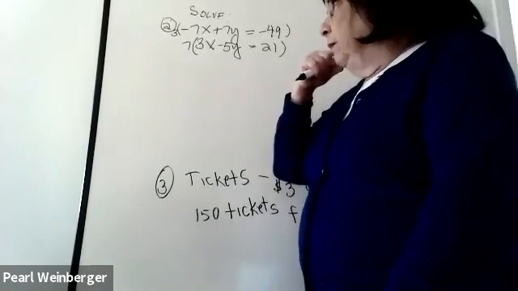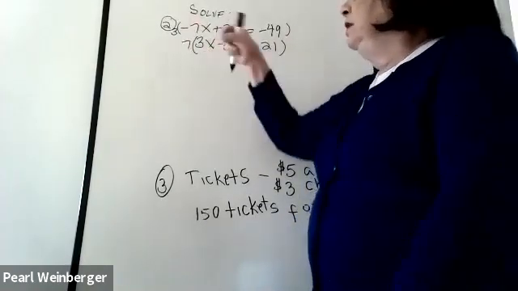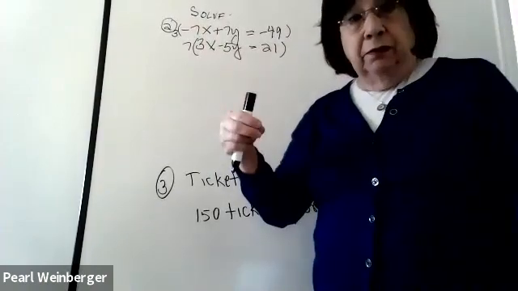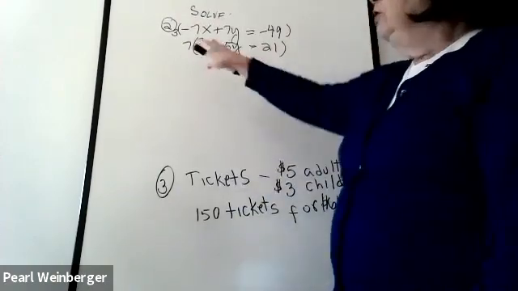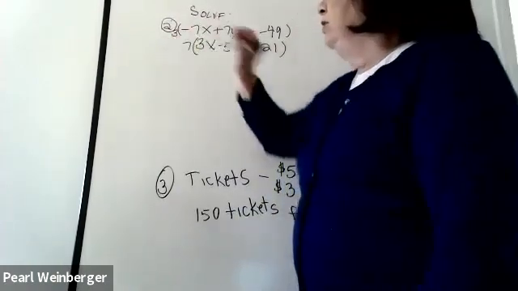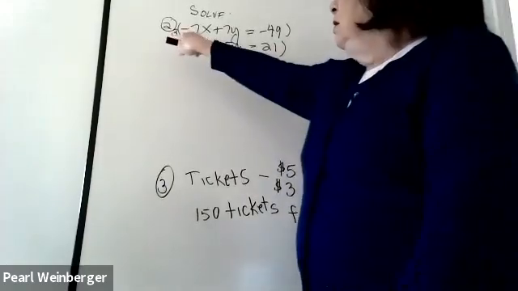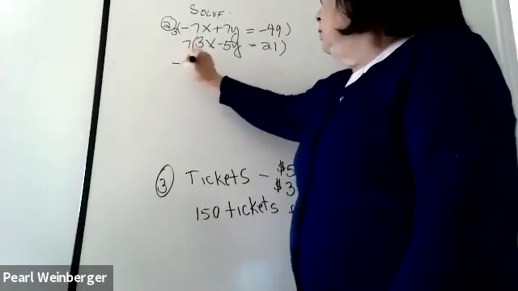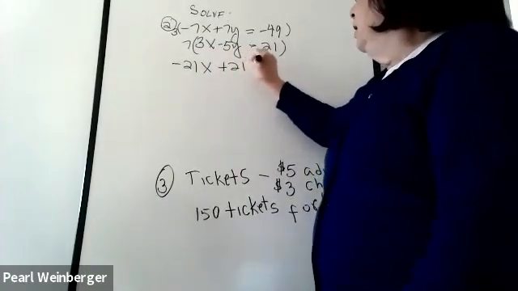I also think about the signs. Since the top one is negative and the bottom one is positive, I have a good setup, because I want one of them to turn out to be positive and one to turn out to be negative. So I'm not going to use any negatives when I multiply, because I want to leave the signs the way they are. Multiplying the top by 3, I'm going to get negative 21x plus 21y equals